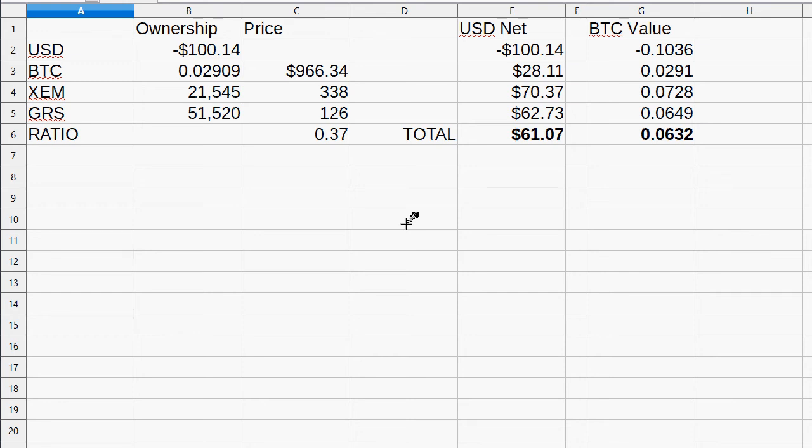Continuing on within part number 4 for the NEM, GRS, BTC, and US dollar trade. We see the portfolio in here. Well, these are the key numbers in here. They're down. If you take 7.28 and 6.5, then you're almost at 14. And then you add almost 3, then you're definitely lower than 0.17, starting with 0.22. Against the dollar, however, because Bitcoin prices at this time have jumped to 1,000, you're actually up